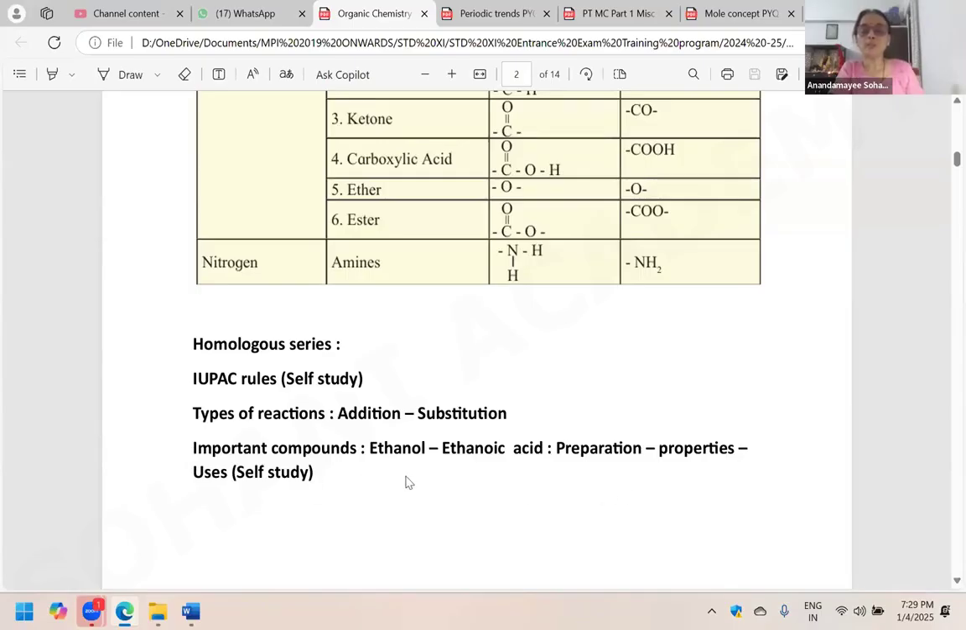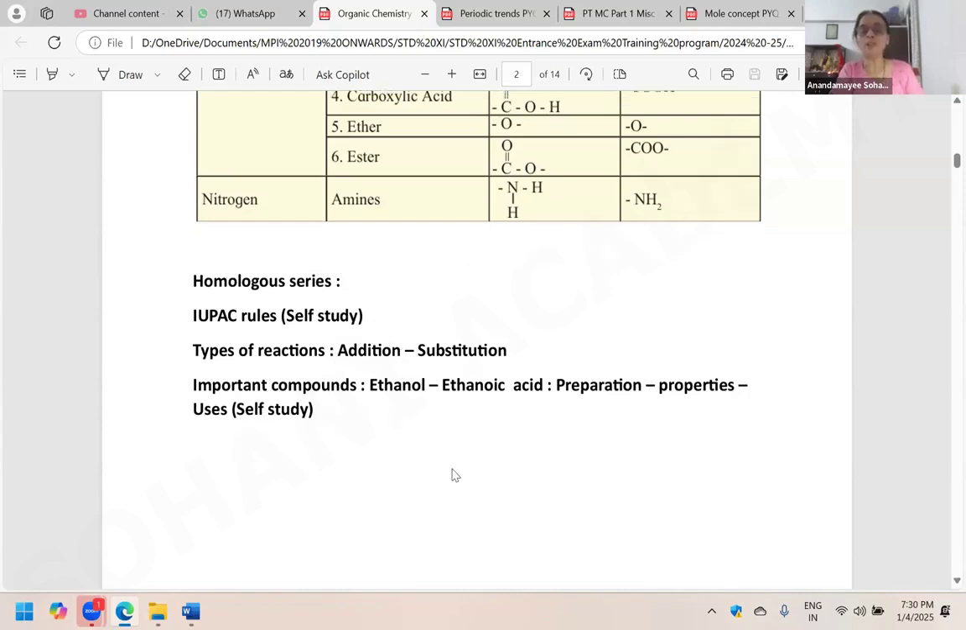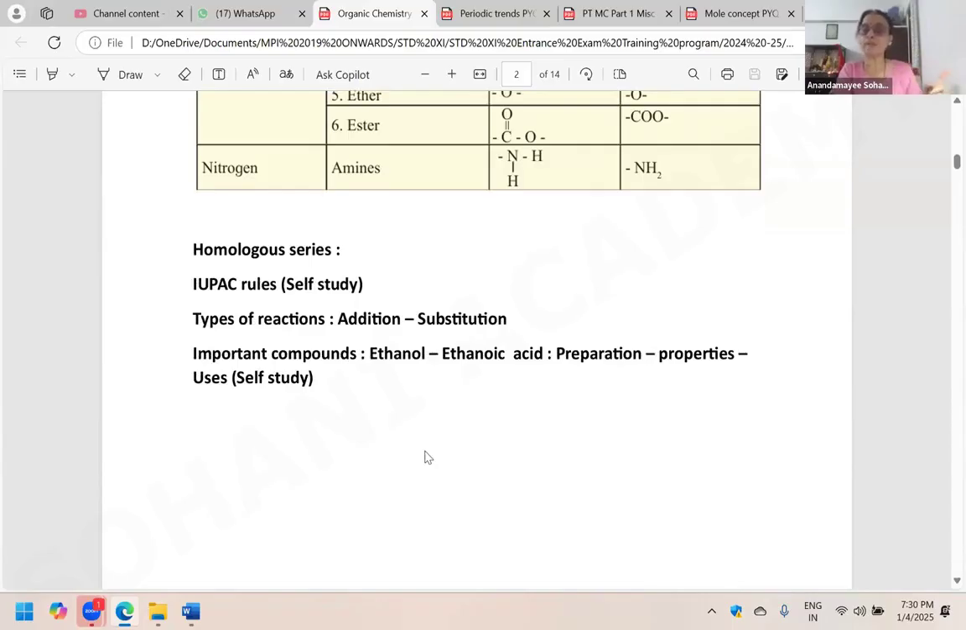Preparation, properties and uses of ethanol, ethanoic acid. Each and every property, each and every reaction you must know either by heart, or you must understand the reaction, so that you should be able to reproduce it in your exam, because this reaction may be used in stoichiometry, in mole concept. It is a reaction finally. So not necessarily that it will always be used in the context of organic chemistry. The reaction may be such that you are required to reproduce it, and after you have reproduced it, there will